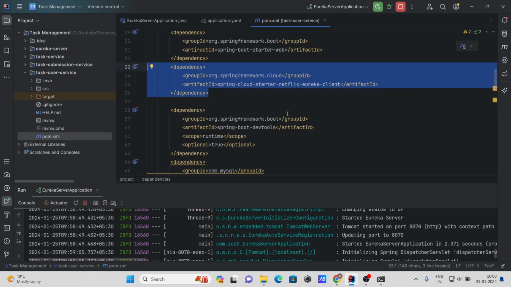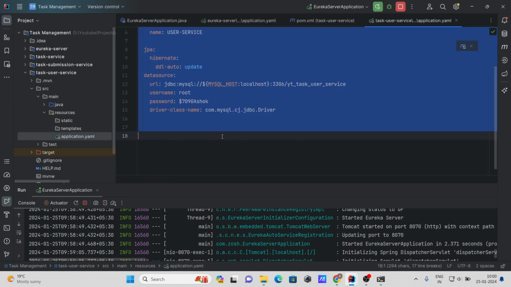Okay, after commenting it out, what we need to do is write the configuration so that this server can go and register itself. So let's provide that configuration to our user service. Let's open our application.yaml file,